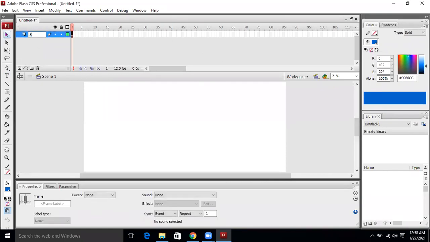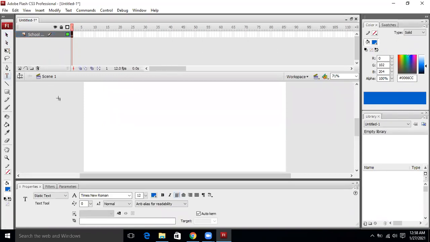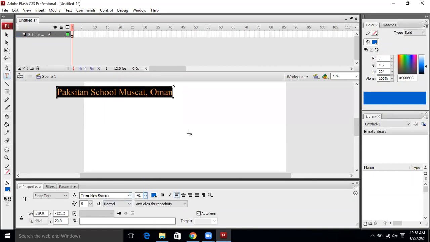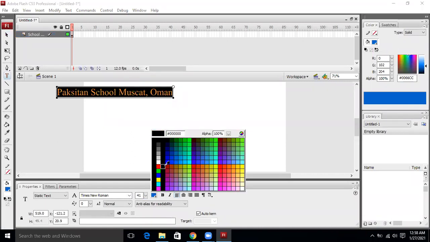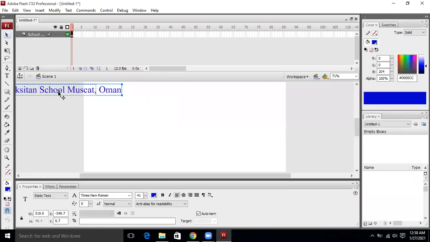For example, if I say that I will display first school name, fine. So what I can do, I can take one text of the school name. Okay. So you will select this text and you can change the font size according to your requirement. You can change the font color. All tools. I'm not going to explain the tools here again and again. You know about all these tools, how to use these tools. Now this is the text that I have taken.